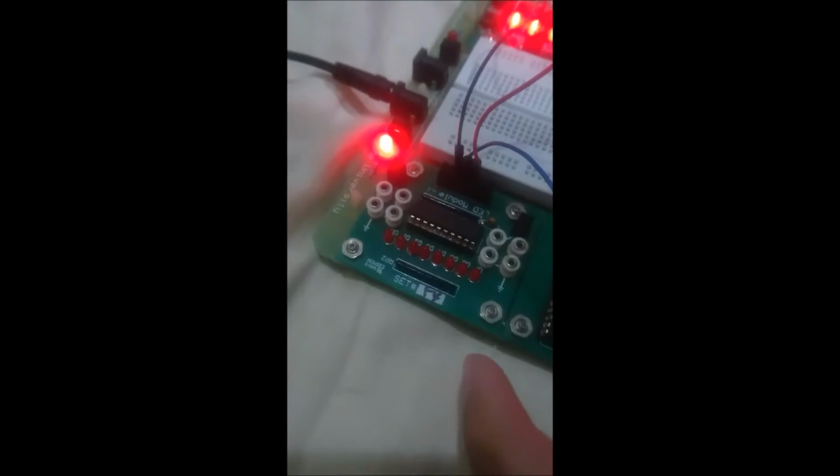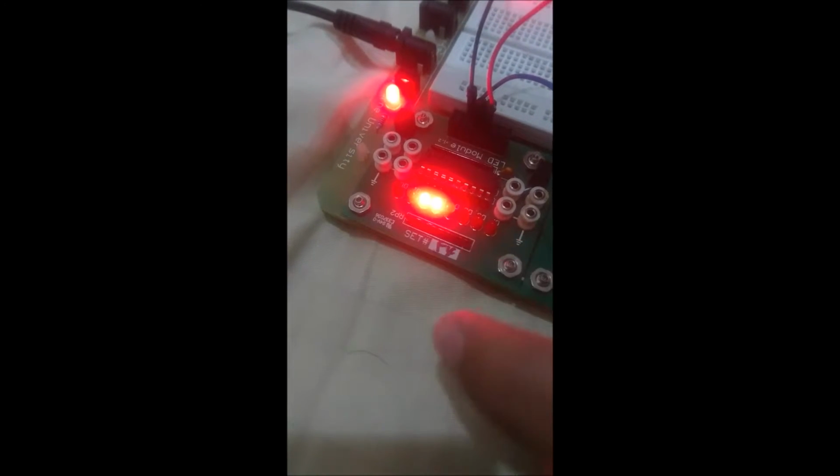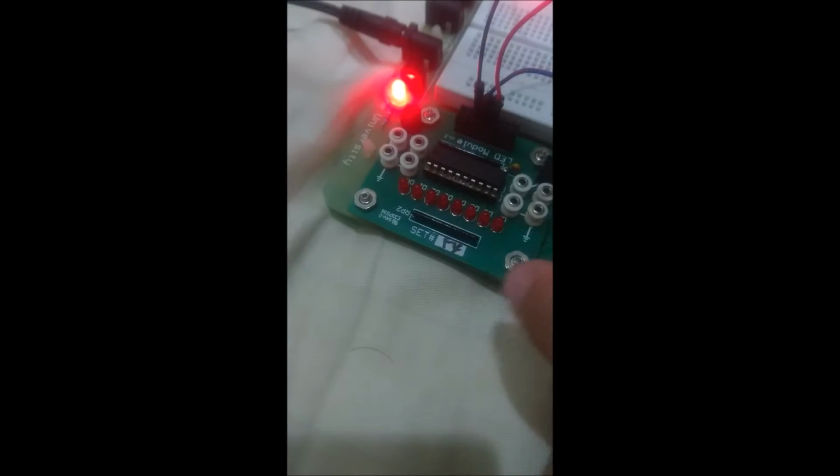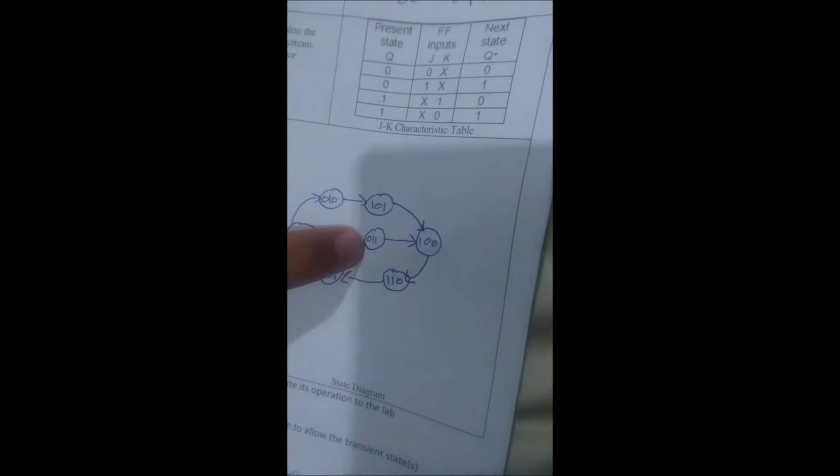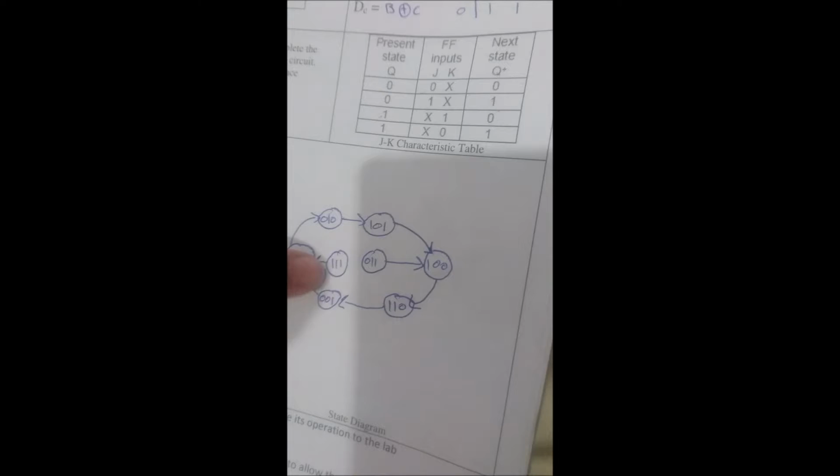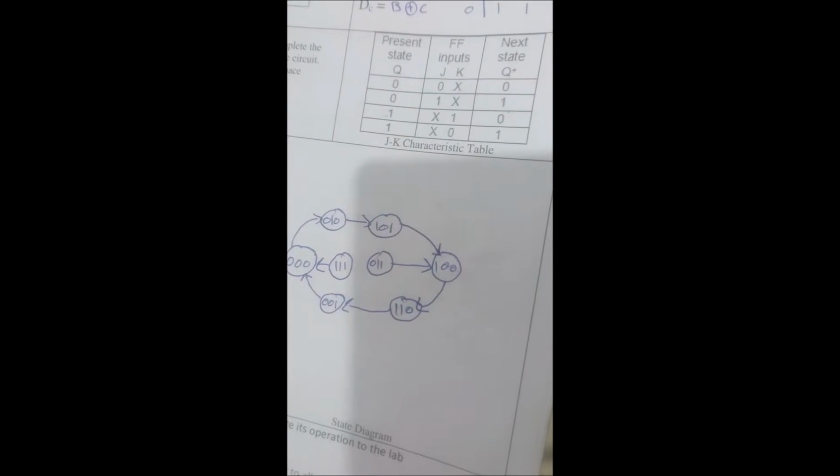Let it restart. So 0, 0, 0, 0, 1, 0, 1, 0, 1, 1, 0, 0, 1, 1, 0, then 0, 0, 1, and back to 0, 0, 0. But if you notice here in the schematic diagram, we have 1, 1, 1 and 0, 1, 1. It's not present in the circuit. So in order to produce 1, 1, 1 and 0, 1, 1, we have to